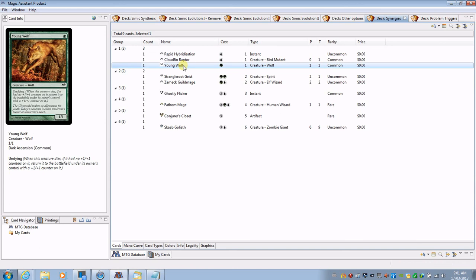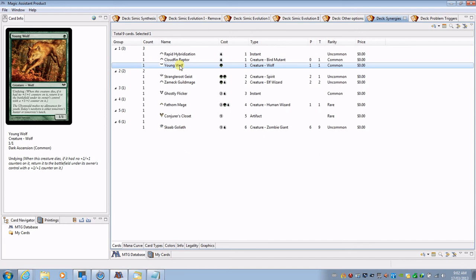Now, if I've made a mistake there, please correct me, because I didn't do the sensible thing and write all this down. So I've just been working through that in my head. So if I got the triggers in the wrong order, or you think I've made a mistake, please let me know. So the point here is that undying is a really interesting